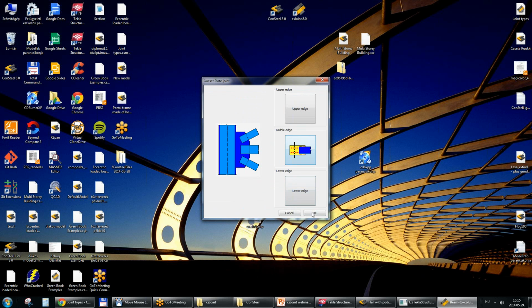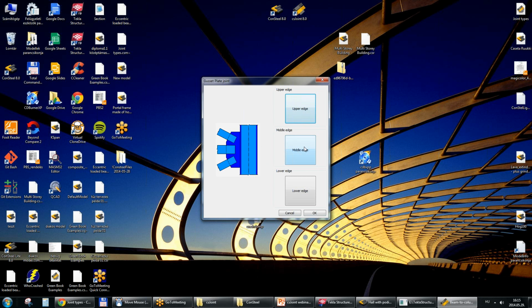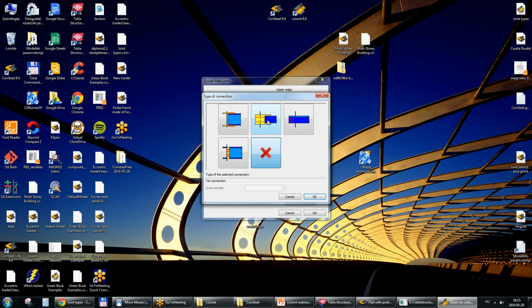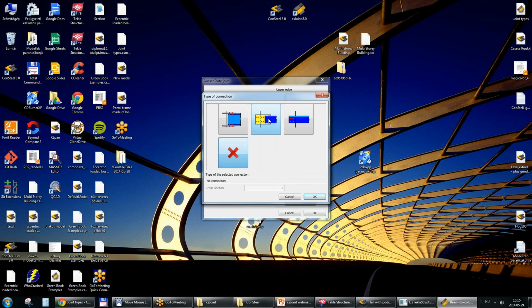Okay, and on the other side again bracing on gusset plate. On the middle let me choose the same. This can be compression posts, and maybe I set the lower edge round bar, so tension bar. Okay, so now I created the joint configuration and I push the create button, and we can see now the